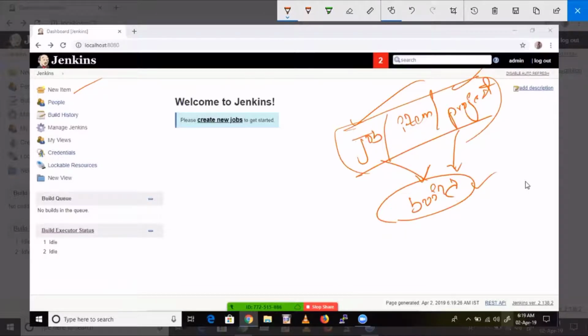In Jenkins terminology, build means running any job successfully. For example, if you run one simple Windows or Linux command, and it executed successfully and you got output, that means the build is successful. So we are going to see this.